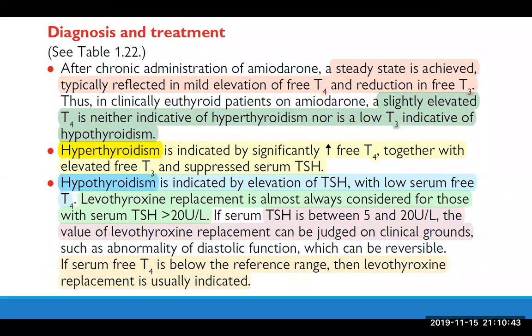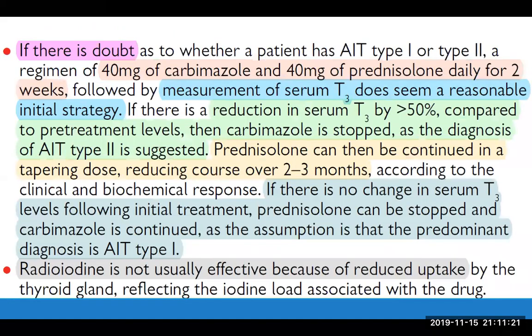Dr. Khalid, when we consider radioactive iodine as a treatment for type 1, or when we consider surgery, is there any guidance according to the thyroid uptake? For example, after rendering your patient euthyroid, for example, after 1 year, do a radioactive iodine uptake. If it is elevated or at the upper normal, then radioactive iodine ablation may be effective in this case. If the radioactive iodine uptake is still low or not normalized, then surgery is the best option. Okay, thank you.